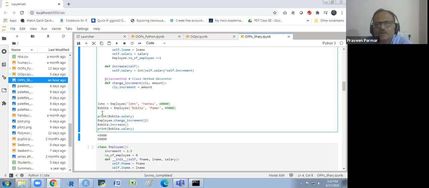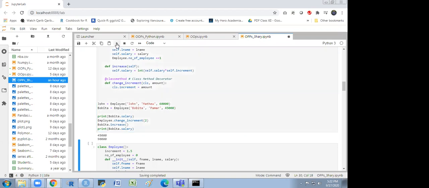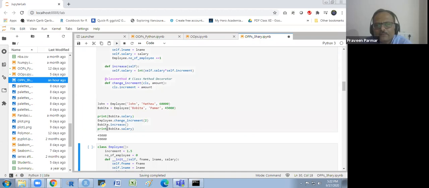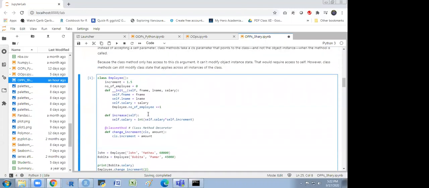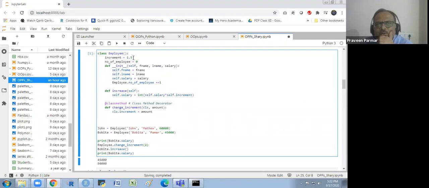So when I call this, I am creating the John object and the Bobita object, and print Bobita's salary first, before increment, and after increment you see I get the salary two times. I have written it here twice. I don't want this again and again.